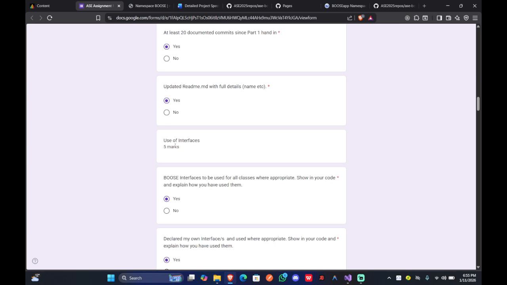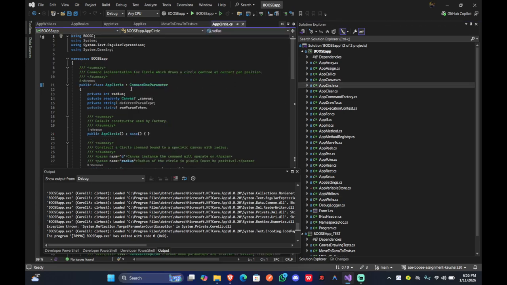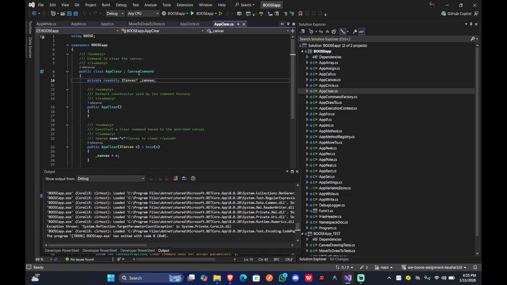The Booz interfaces are to be used for all the classes where appropriate. Yes, I have used my Booz interfaces. Let me show you in my AppCircle and all. I have used the Booz interface Command, with one parameter. In all my files, I have used the Booz interfaces, all the actions within the Booz interfaces,